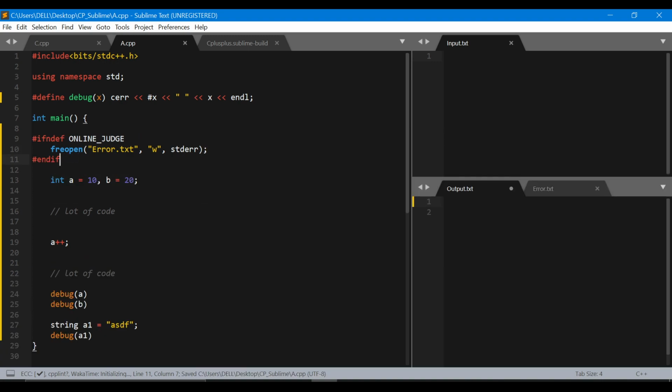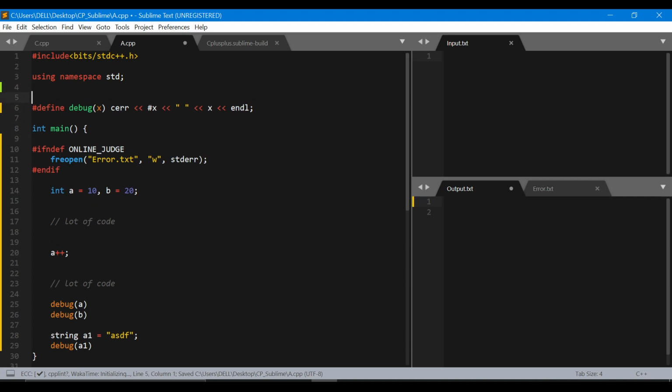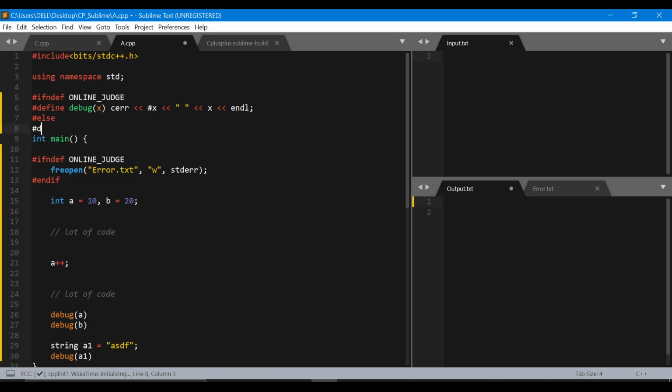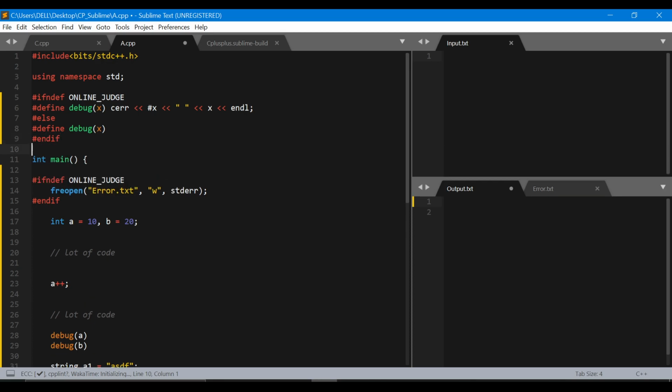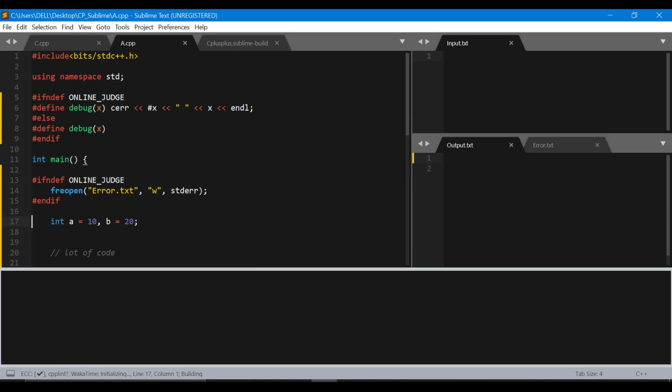Okay, and before this function, write the same exact line of code.